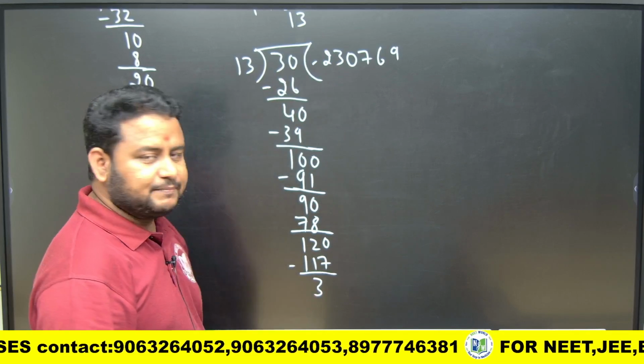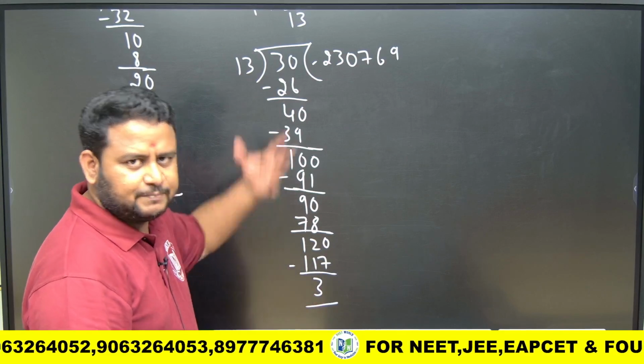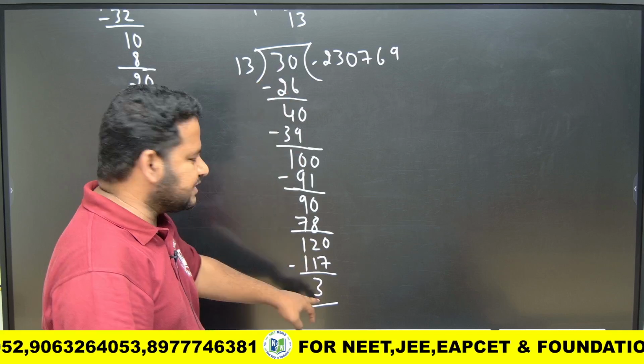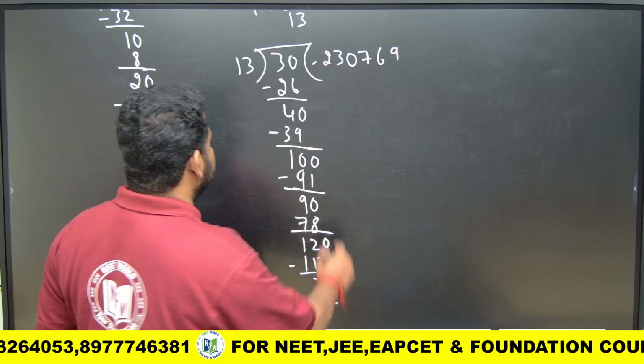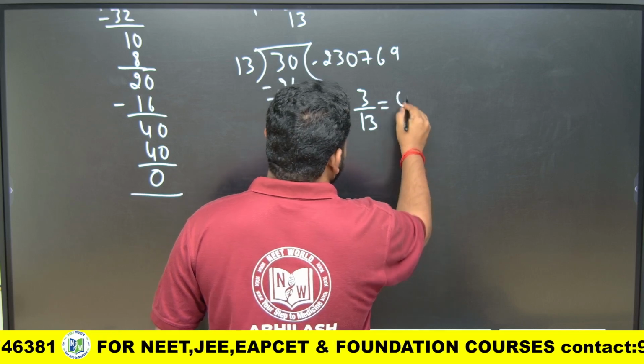Okay, I am not getting the remainder as 0. I am getting it as 3. So again it will repeat as it is. We started with 3, again we are getting 3. That means again it will repeat as it is. So what is the answer to this question? If it is 3 by 13, the answer is